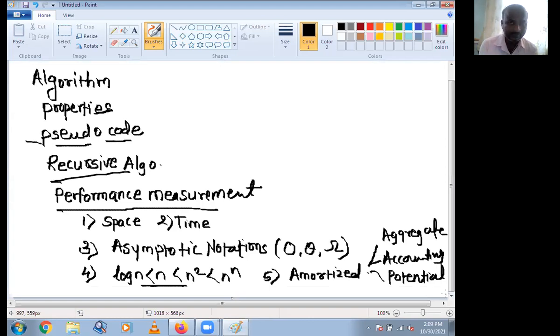See the syllabus carefully. If any point is remaining, please tell me. Or if any point is not understood, then please ask.